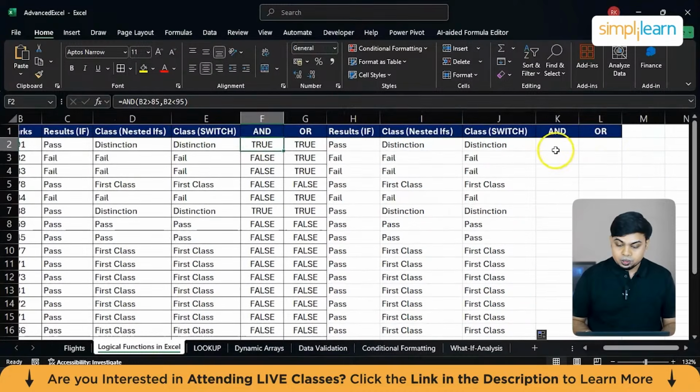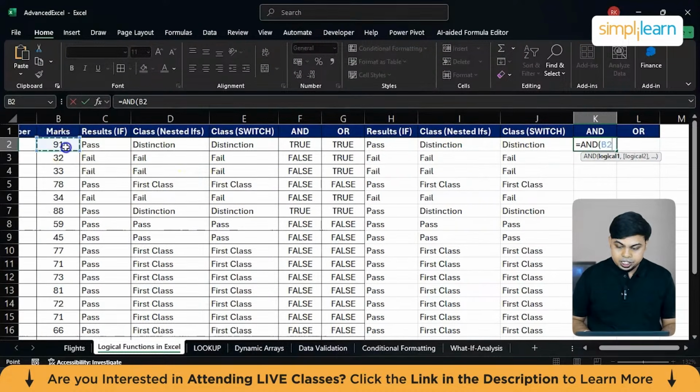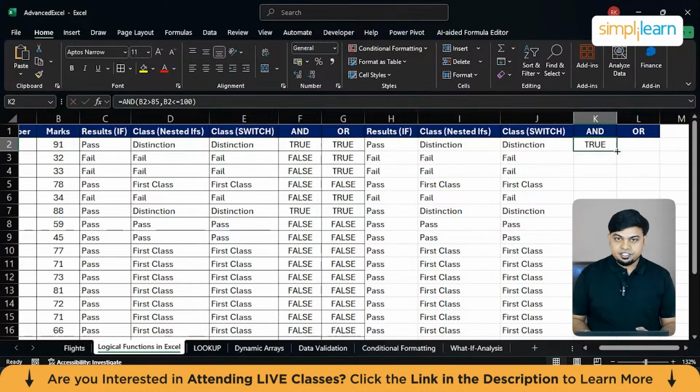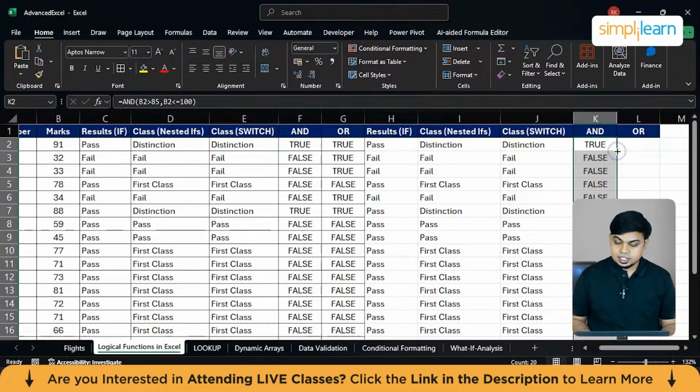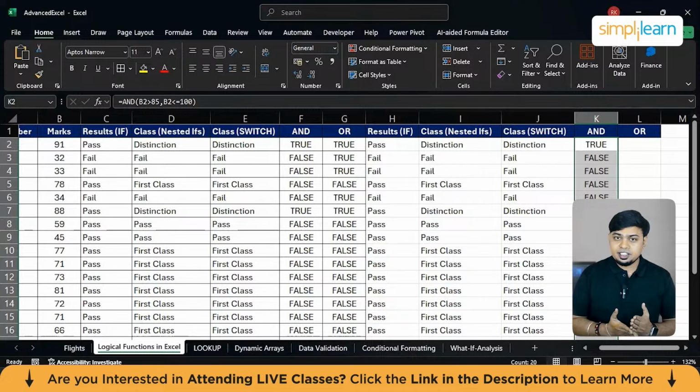What you need to do is go ahead with the and condition, equals to, and there you go. The logical function is: cell B2 should be greater than 85 and cell B2 should be less than or equal to 100. If this is true, then I have the candidates who are having marks greater than 85,